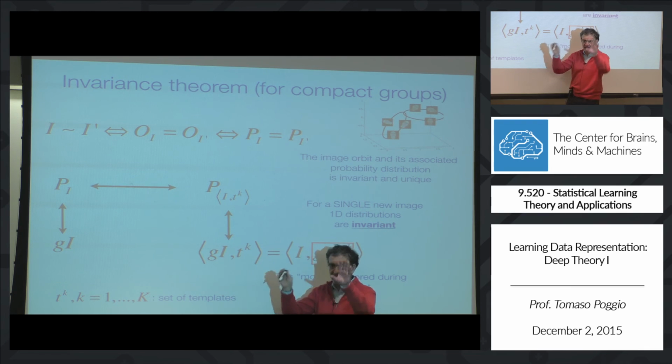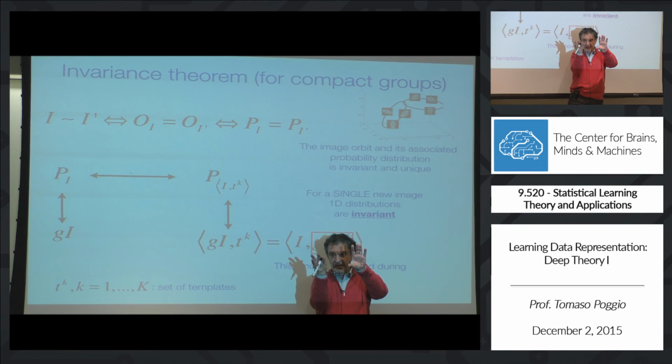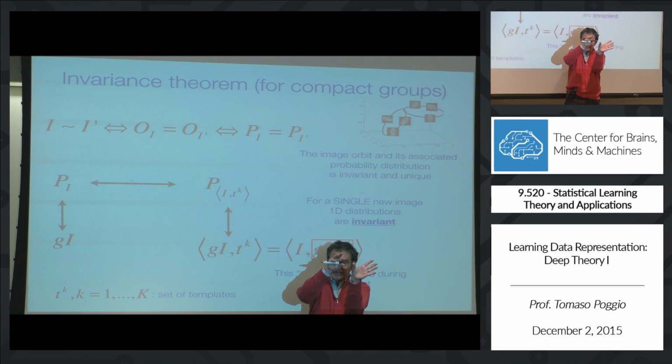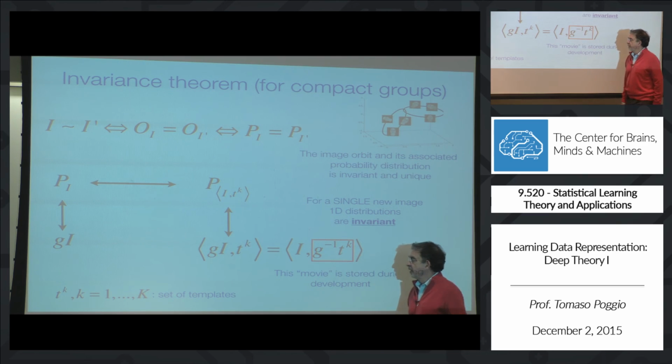So you can either rotate the template, take the dot product, or you get the same number if you leave the template where it is and you rotate the image. Okay? So because of this property,